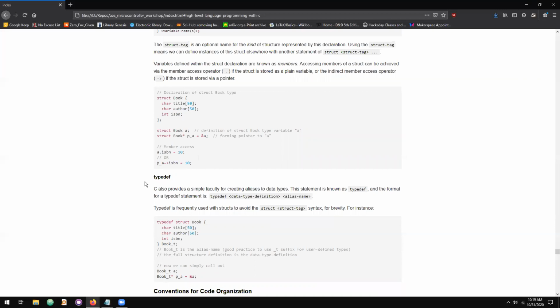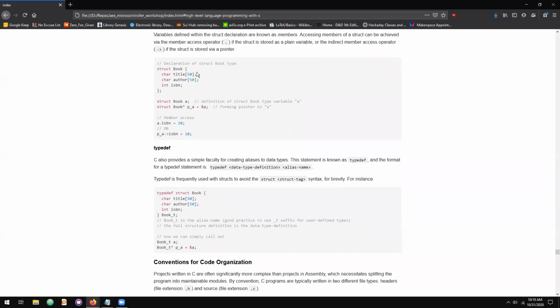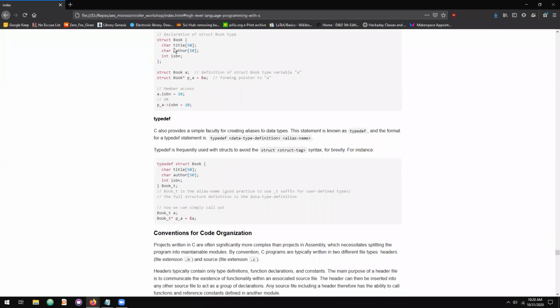There's another C keyword that's very commonly used alongside struct. If you'll notice here, when doing our variable declaration, the type of the variable is struct book, and that gets kind of annoying. So in C, we can use the typedef keyword to refer to a struct with a specific struct tag with a shorthand. So again, with this book example,